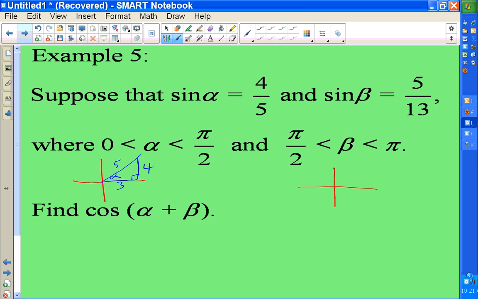Now we do the same thing for beta. Where do we have to draw the picture for beta? Quadrant 2. So it's going to look like this. And this is beta here. We know that the sine of beta is 5 over 13. What's this? 24, 32, 7. And the answer is